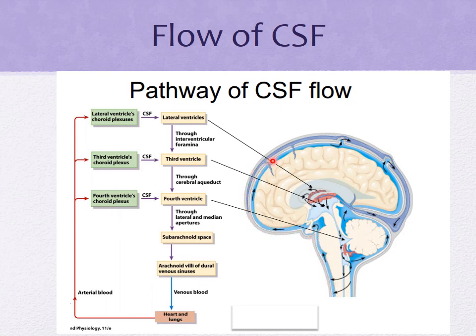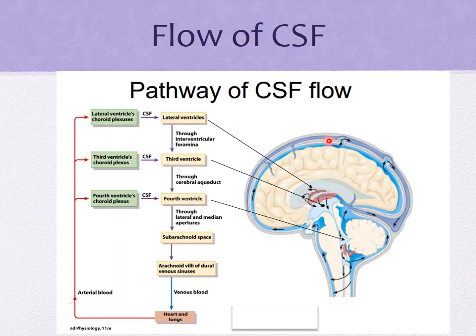We're in the subarachnoid space still, and then through these things called the arachnoid villi. This is how the CSF gets into the venous system and gets carried through the venous blood. The arachnoid villi will absorb any extra CSF in this area, so it goes subarachnoid to arachnoid to the venous blood system. And then you can see here in this graph, it goes to the heart and lungs, through the arterial blood system, and then the arterial blood feeds into the different ventricles.